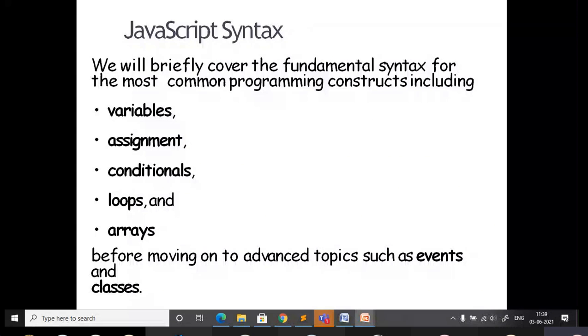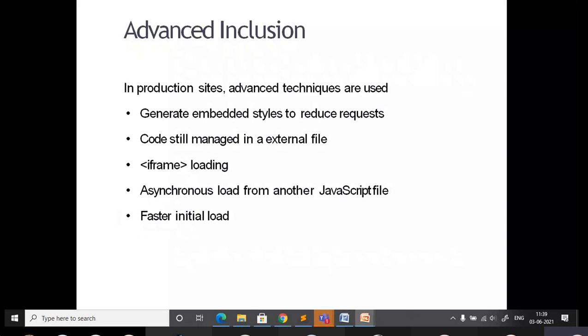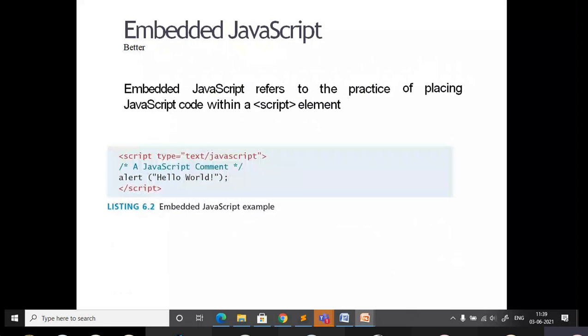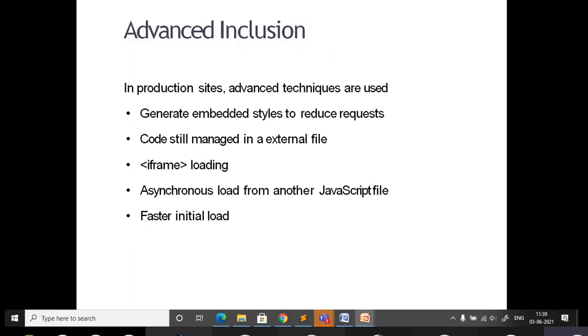Next we are going to start the actual programming. Whatever I have given is just the syntax for where you are going to embed the JavaScript. Now, to embed JavaScript, you should know how to write JavaScript. It is something like a new language you are learning.